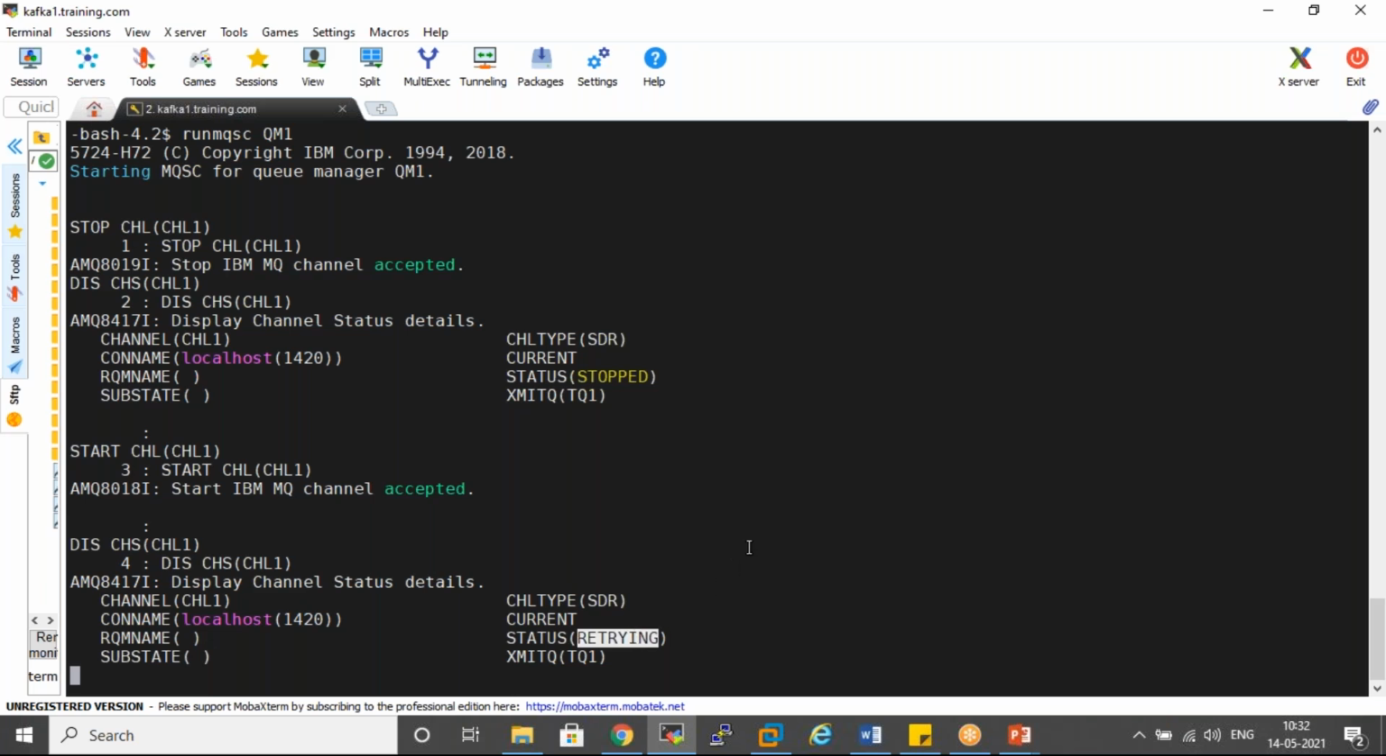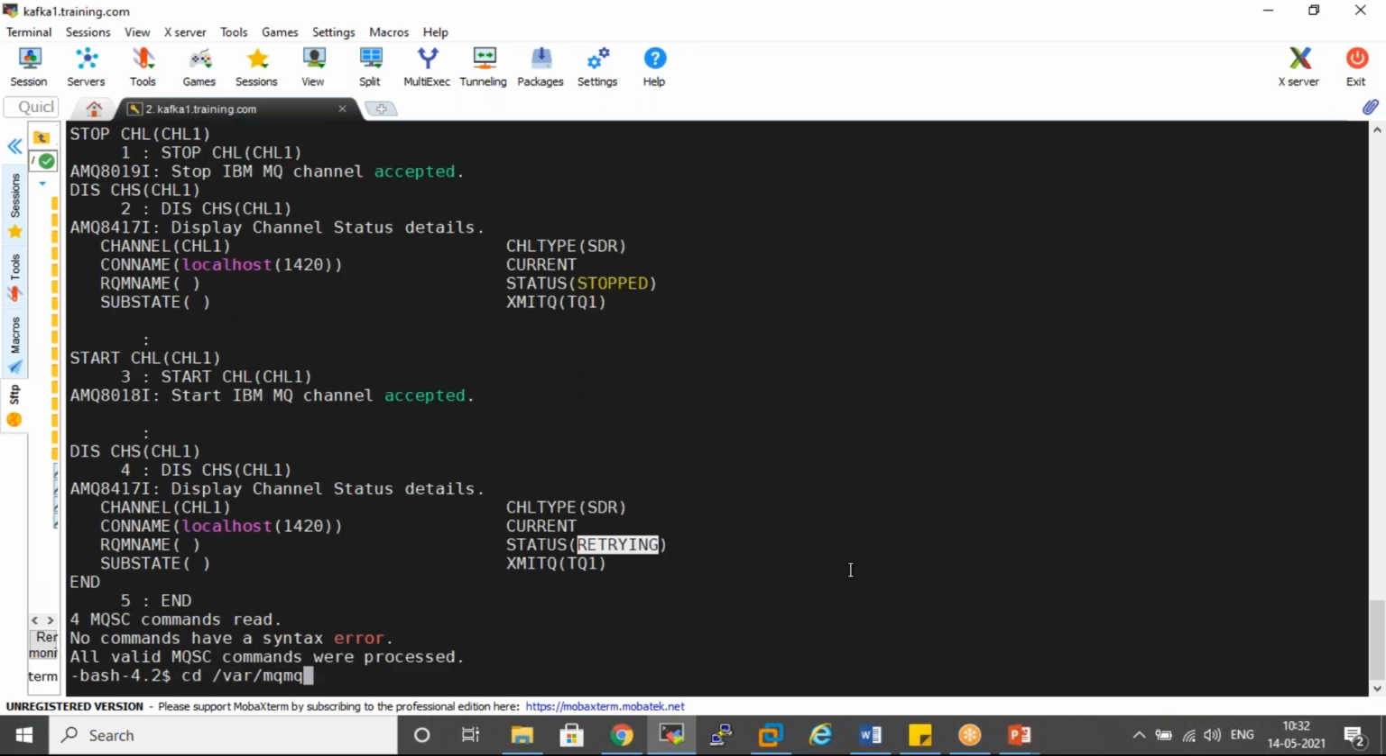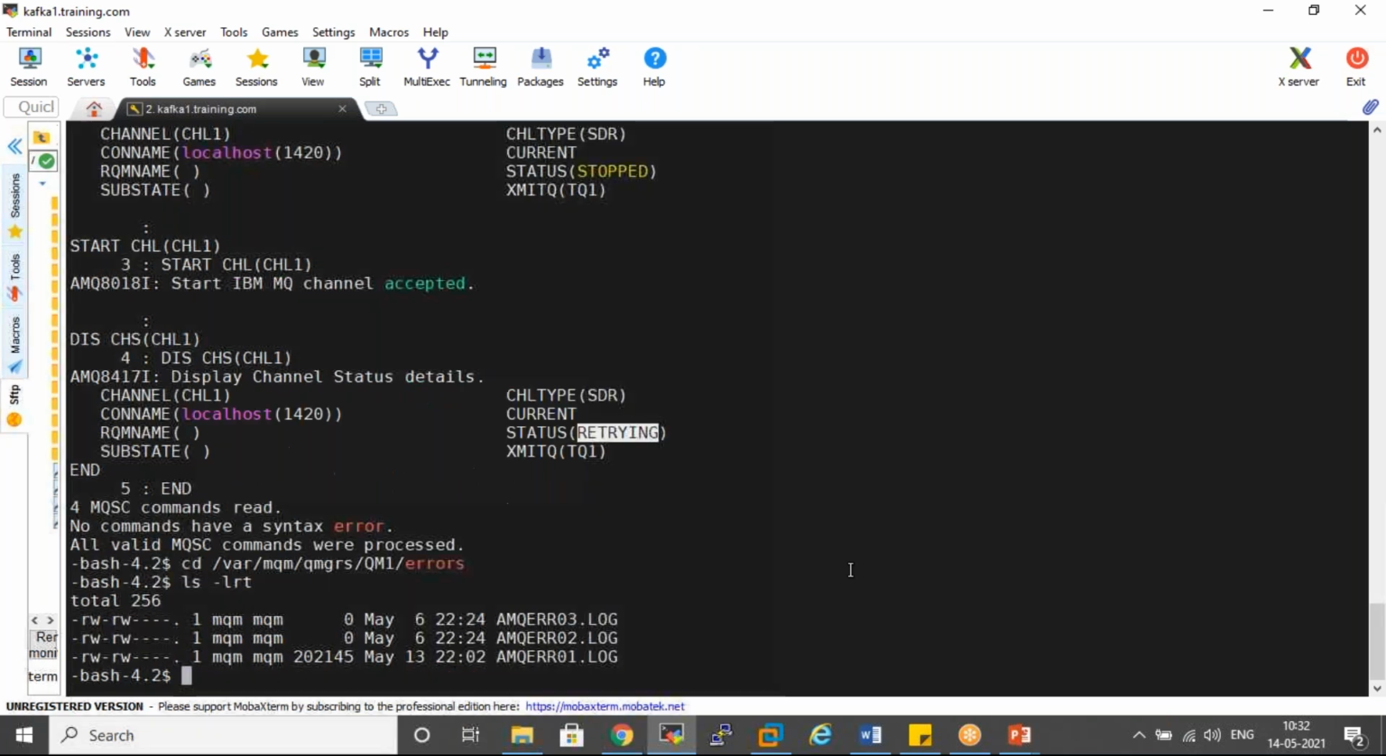Now we need to figure out why the channel is in retrying. Out of millions of reasons, which reason could I say? It could be a listener down, it could be a network issue, different issues. Now the easiest and best solution I have is to simply go to the QM1 error log file and see the latest error. There it will be recorded. So for example, if I go to the var mqm qmgrs QM1 errors directory,